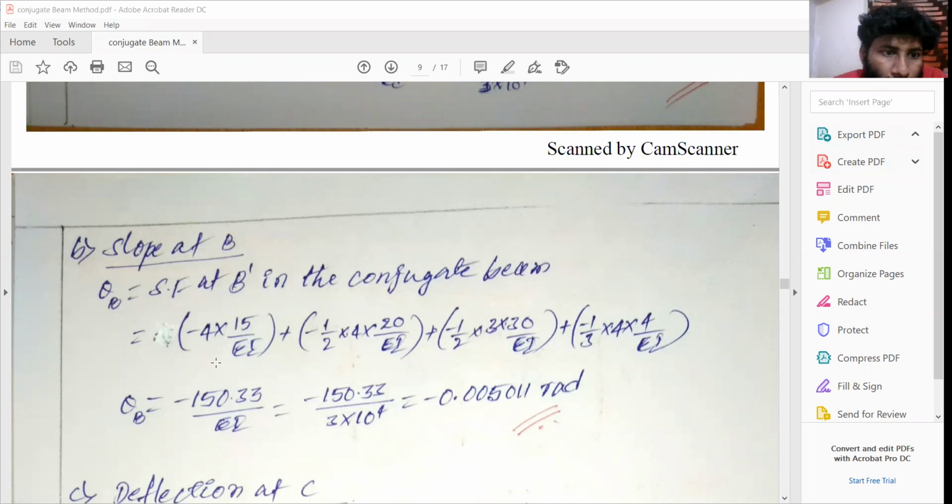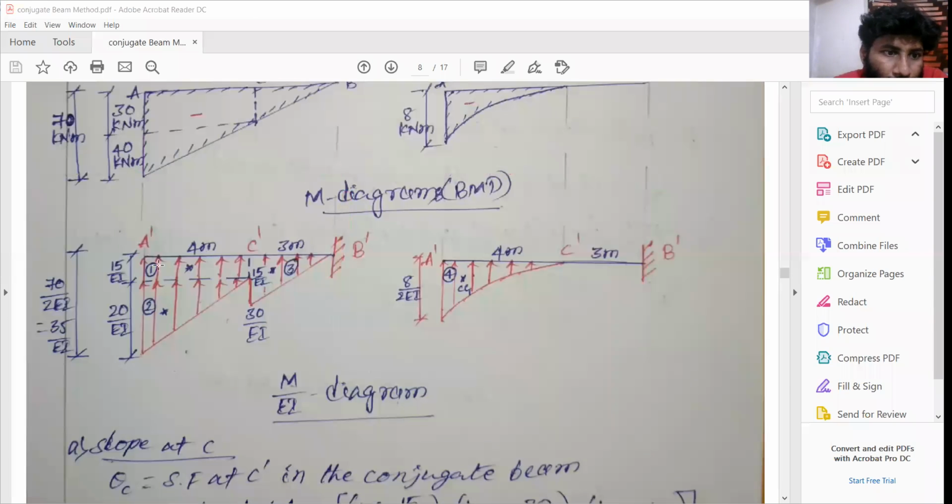So for the shear force at B, first we'll take this diagram area. When we have to find the shear force at B, the whole M by EI diagram left of that section is to be considered. So area 1, area 2, area 3, and area 4: A1 plus A2 plus A3 plus A4, all are negative only. And whatever the areas are, 4 into 15, 1 by 2 into 20 into 4, 1 by 2 into